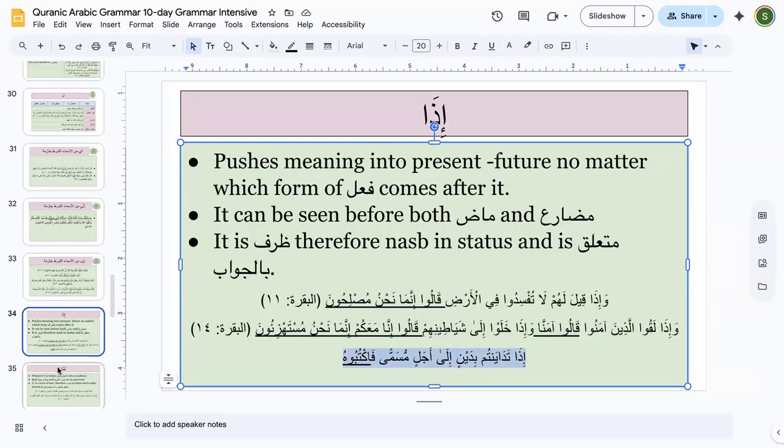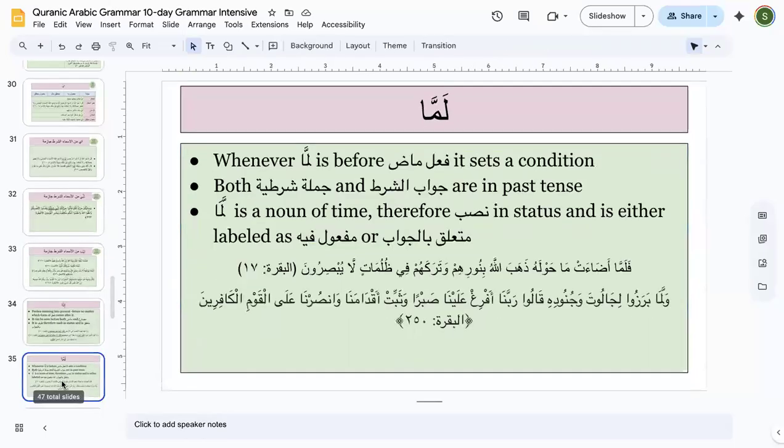Why did the fa rabita have to be there? It is because there is a filul amr in the beginning. Will the status of this jawab be fi mahalli jazmin, will we still call it fi mahalli jazmin, my dear students? Will it be considered fi mahalli jazmin? No, no. When your adatu shart is ghair jazima, is it from the first group of 13, or is it the second group? It is ghair jazima. With ghair jazima, jawab is always just like silatul mawsul without any status.